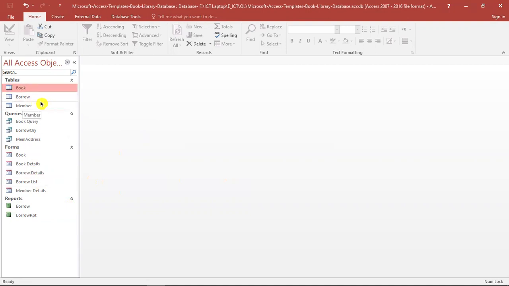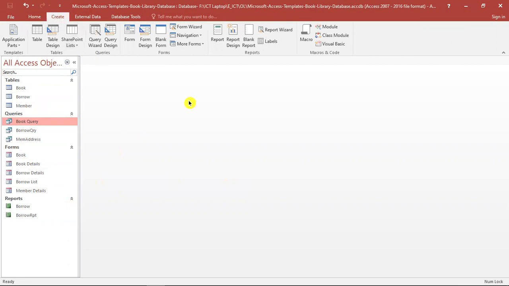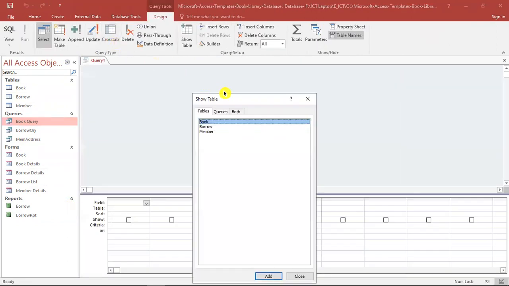And we saw tables as well as forms, and now we are going to create some queries. There is a simple procedure. Click on the create tab, and you can select query design.